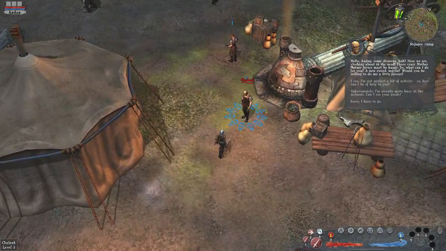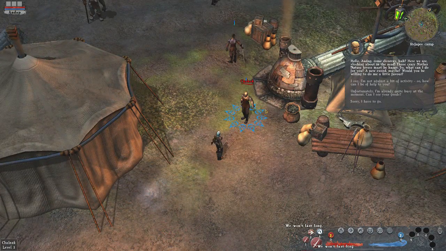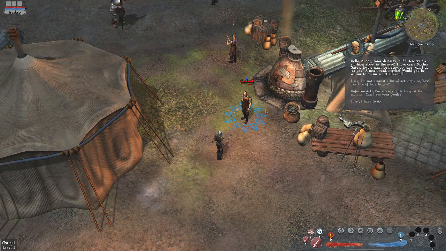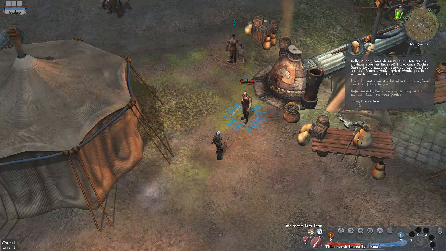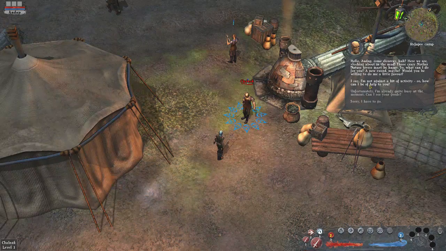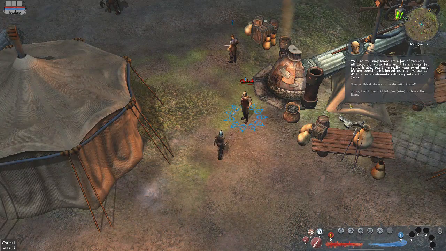Now, what do you want now? Hello. Some disarray, eh? Here we are, sloshing. Those crazy Mother Nature lovers must be happy. So, what can I do for you? A new sword, maybe? Would you be willing to do me a little favor? I say, I'm not against a bit. Well, as you know, I'm a fan of progress. All those old wives' tales won't take us very far. Selma is nice, but if we really want to advance, it's not exactly with herbal tea that we can do it. This marsh abounds with